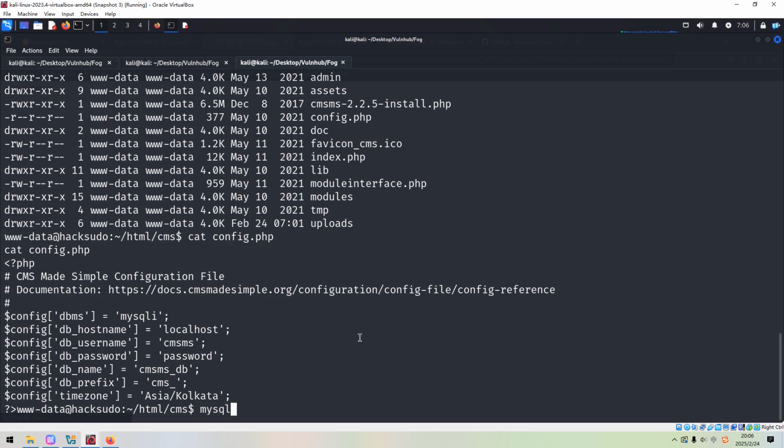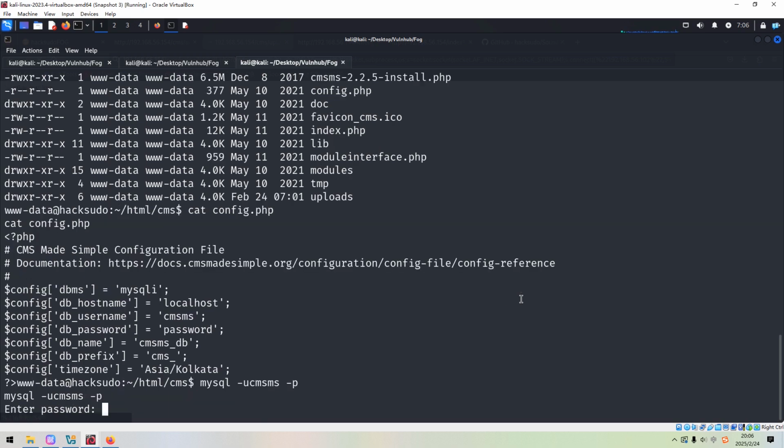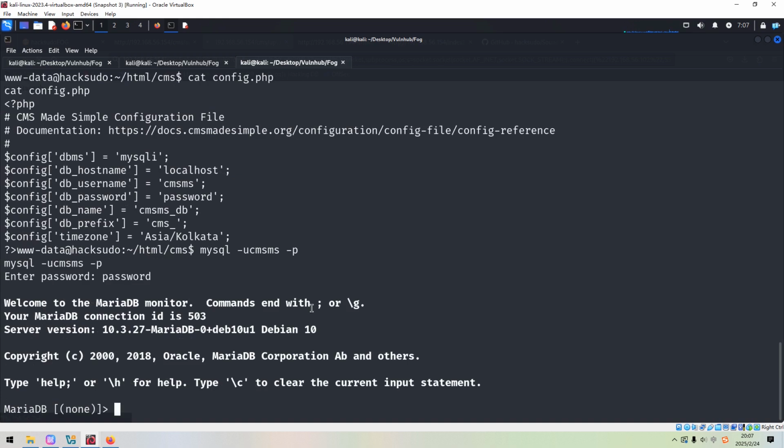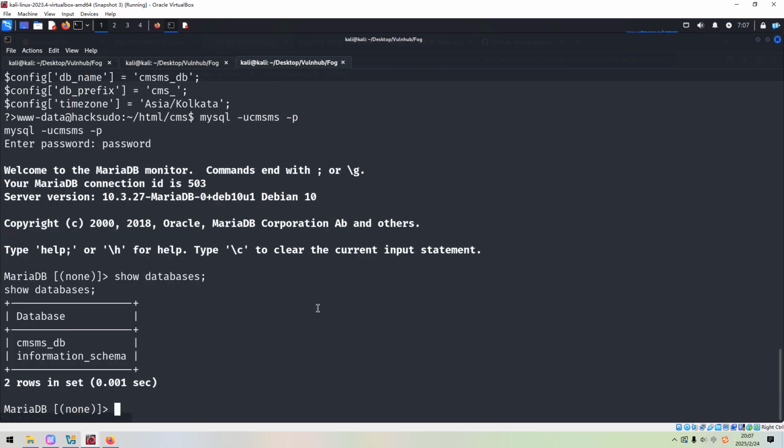So now I think we can connect to the database or not. Root CMS, and we can copy. Oh, do not need to copy, and we can show databases, and we can use this database,